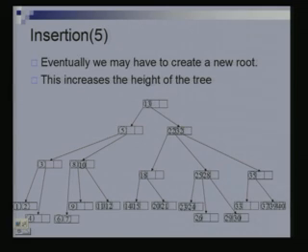Is everyone with me? You understand the procedure, right. So, first you will come down the tree till you hit a leaf, and you will try to put the key there. If there is space, great, nothing to be done, very simple. If there is no space, then you split that node.